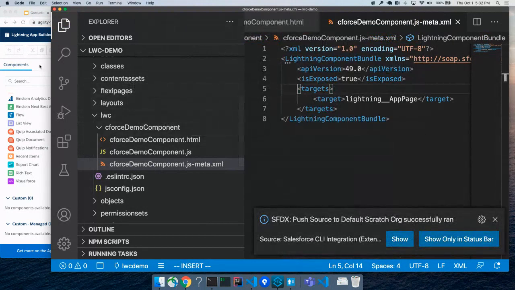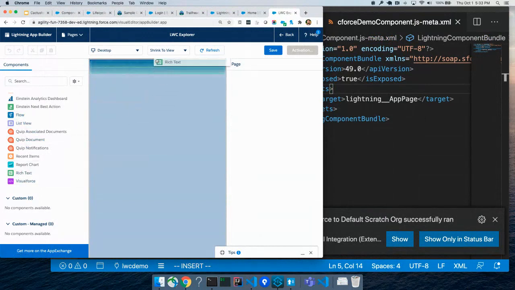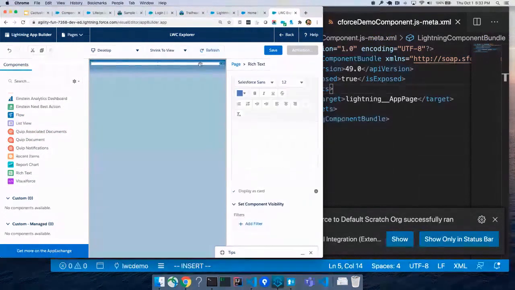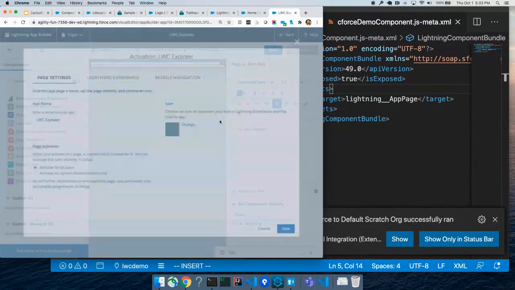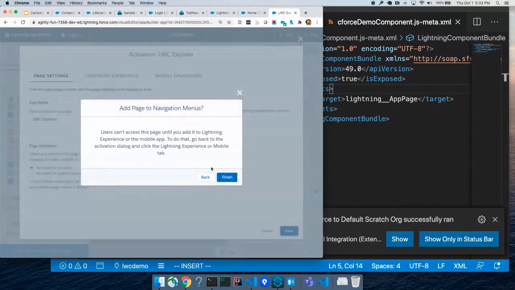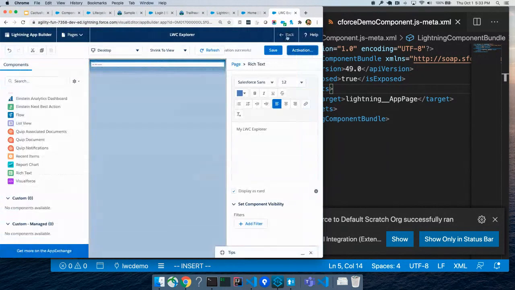not too bad, didn't take too long. Let's refresh. Let's actually drop something here. Rich text. Yep, my LWC Explorer. If I just hit refresh, it's going to walk me through the wizard to choose my template and so forth. Okay, I'm going to go back,